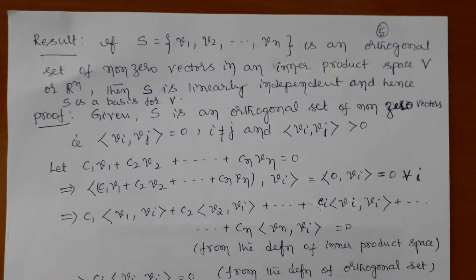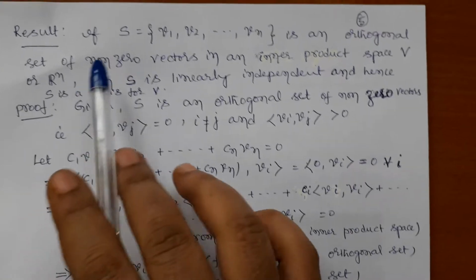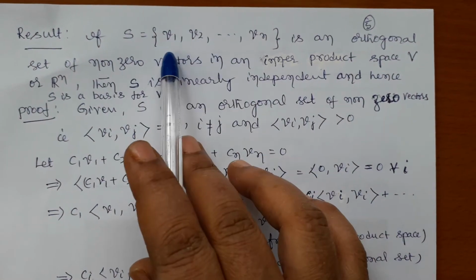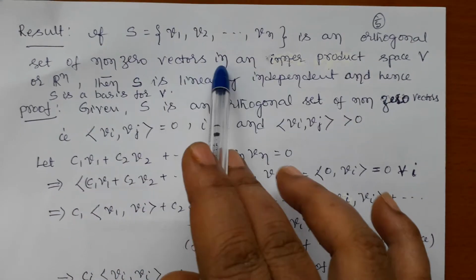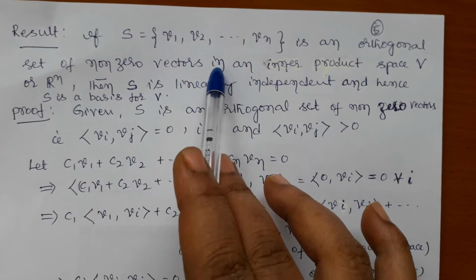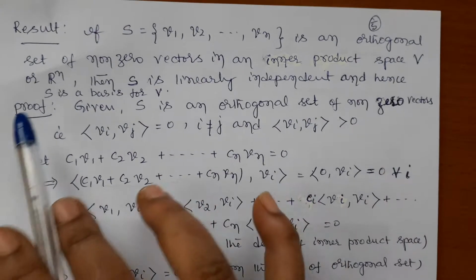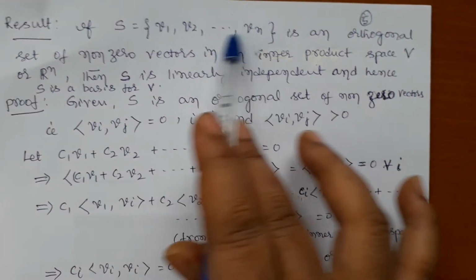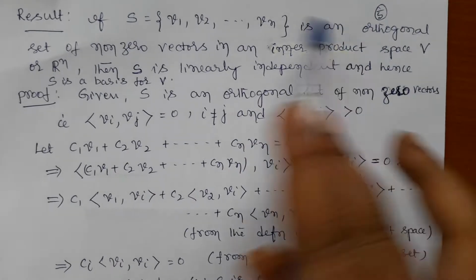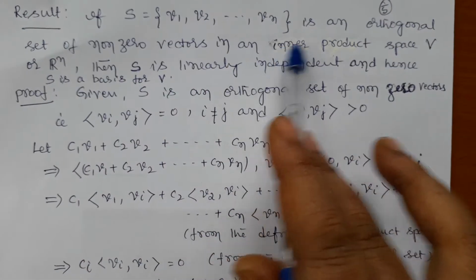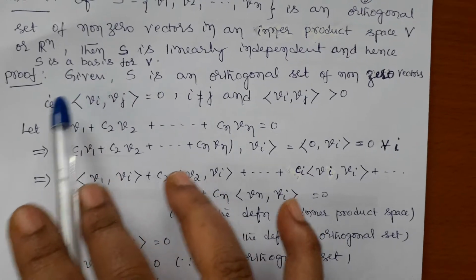This is one of the results they are going to ask as a question in the exam or maybe in the test. The result is: if S, having n vectors, say v1, v2, up to vn, is an orthogonal set of non-zero vectors in an inner product space V or R power n,